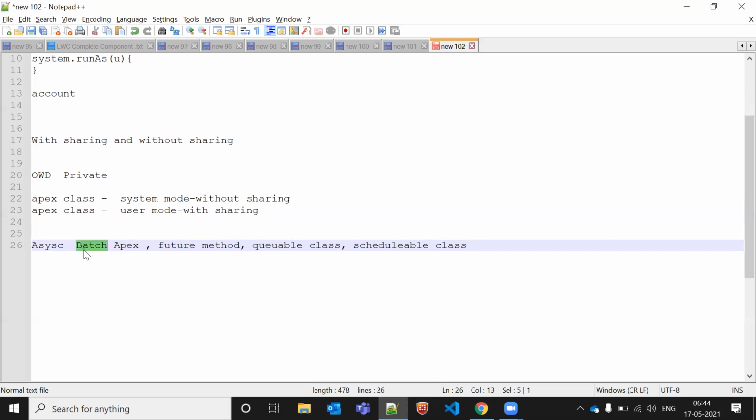Why do we use batch Apex? Everyone is aware that it is used to work with bulk data. If we have data up to 50 million records, we should use batch Apex. But why can't we use Data Loader? Data Loader works up to about 5 million records, more than simple normal classes.